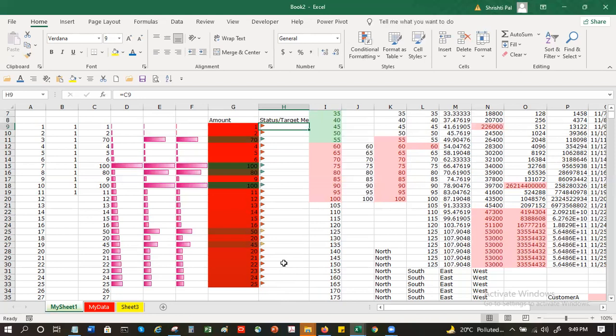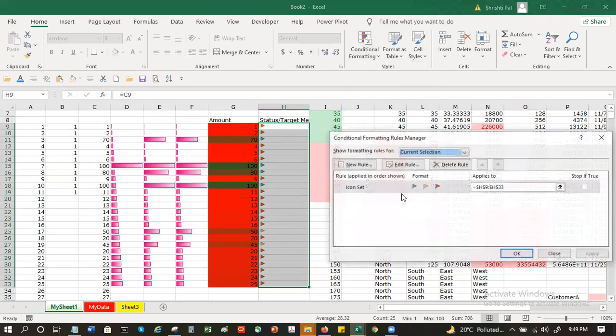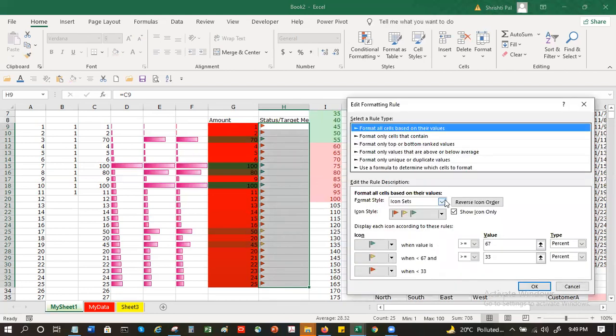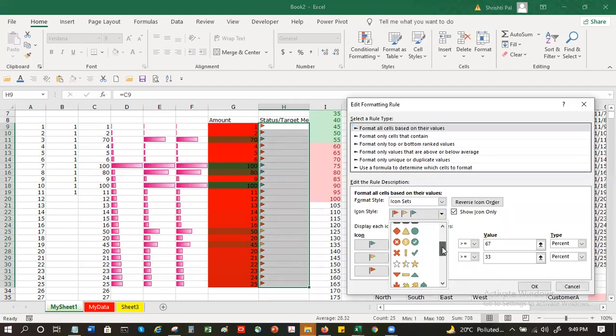You can highlight by any of these icons. You can use different icons, like ratings or reviews. You can choose different icons here: traffic signal, stars, arrows, red, blue, yellow, green, or this network range ratings, this one, anything that you want.